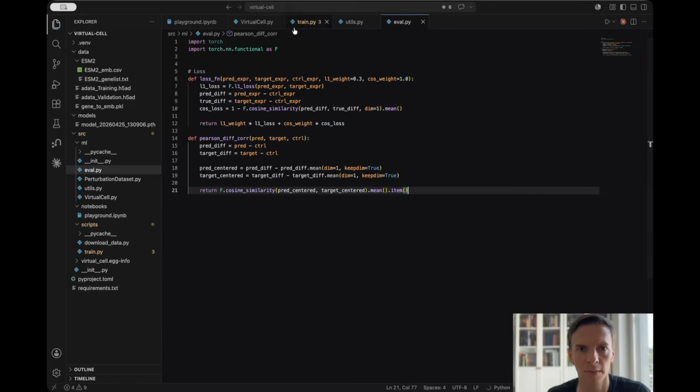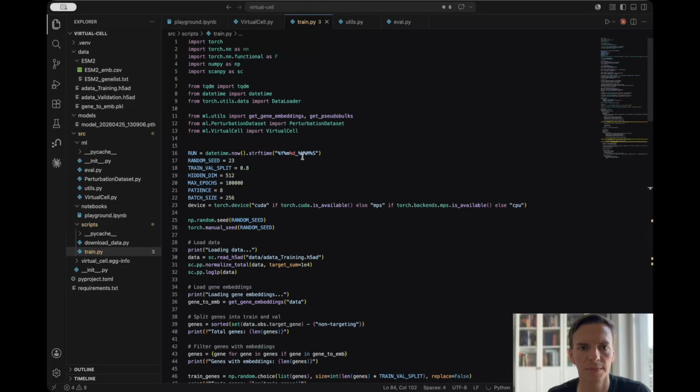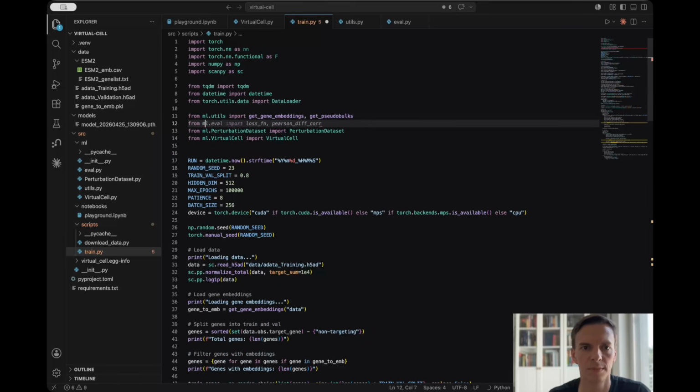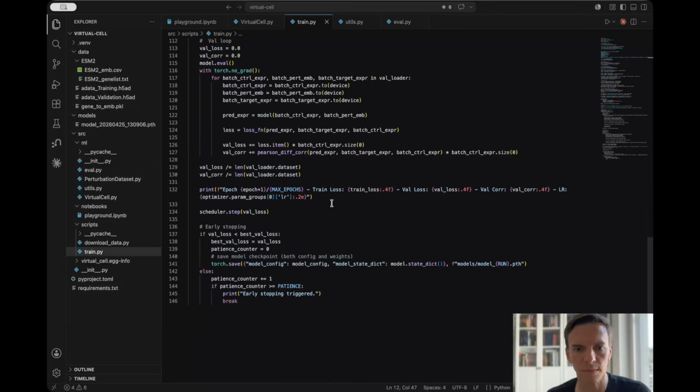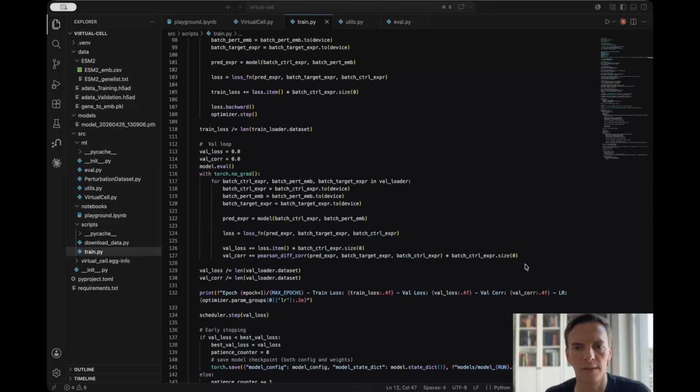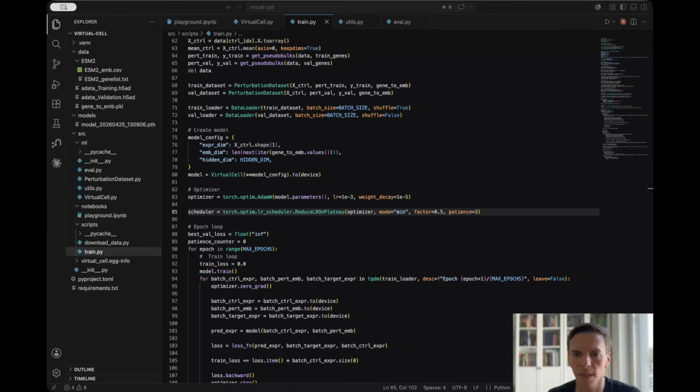Okay, nothing more. And now here we can import eval loss function and Pearson difference correlation. And this is move number 3. Okay, after forcing the model to optimize for what we care about and actually measuring what we care about, let's